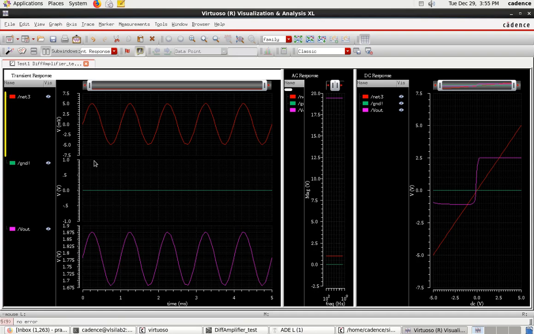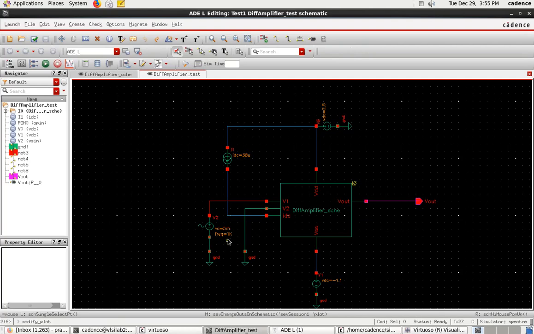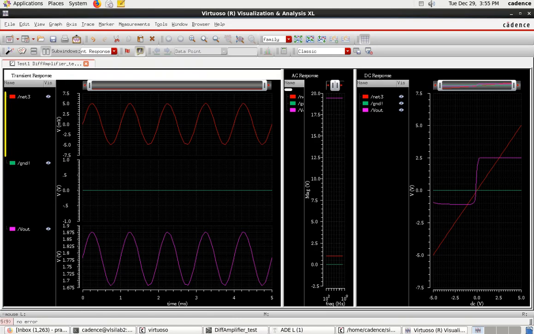Because it's a differential amplifier, V1 minus V2 here we are getting is 10 millivolts, right? Because the same thing we have given here also, right? If you check here, see, this is 10 millivolts peak to peak and V2 is 0. V1 minus V2 means 10 millivolts peak to peak input signal, right? So how much output voltage we are getting? If you check here, it is